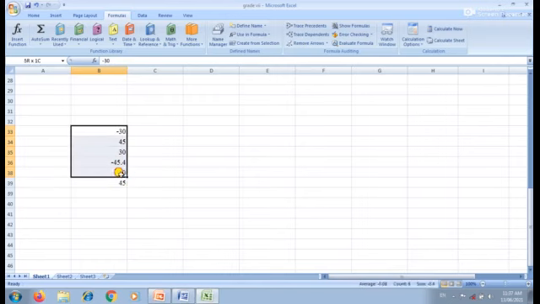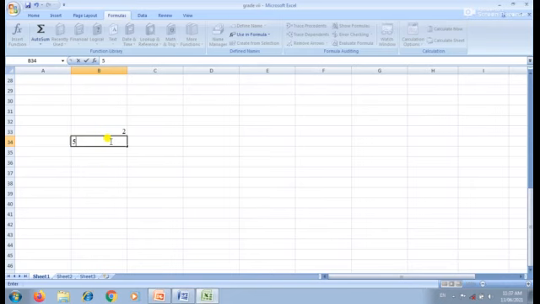The next, power function. Okay. See here, we have to find out the power. Here 2, then 5 is equal to power of these two values, then comma this value. That means 2 power 5.